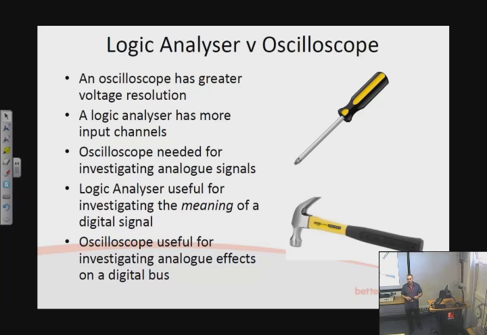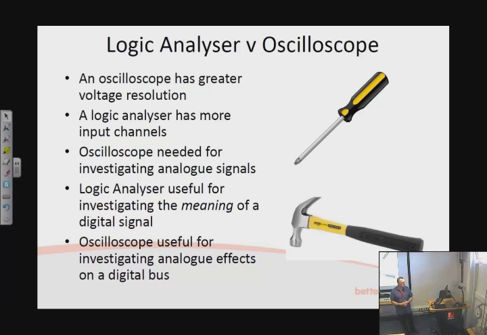So in other words, if we've got a data bus that was being corrupted somehow, so we've got some stray capacitance due to the effects that we've been looking at already, the obvious tool for the job is our oscilloscope. In fact, looking at it with a logic analyzer would be downright misleading, because if we got a temporary glitch on a digital signal, but we looked at it with a logic analyzer, all we'd see is a transition to high. We wouldn't actually get any indication of, say, ringing or all the effects that we've been studying